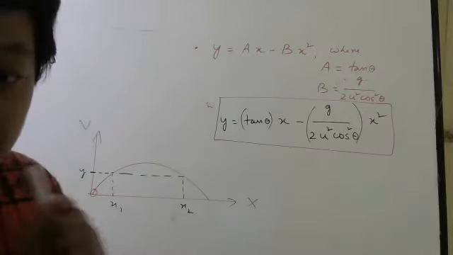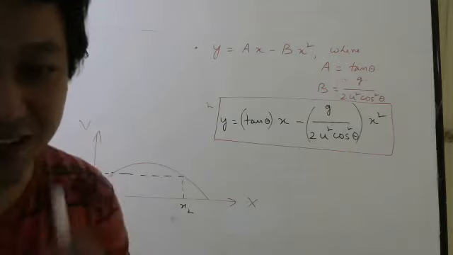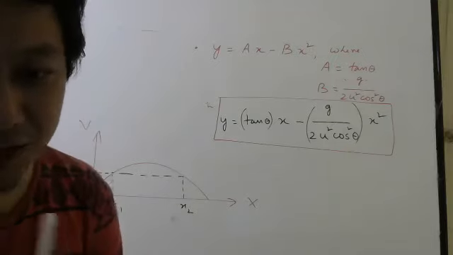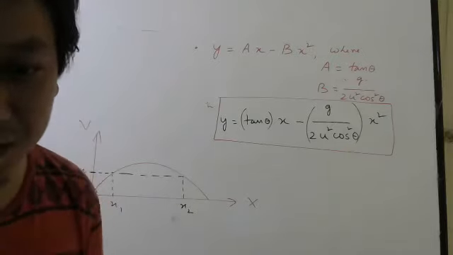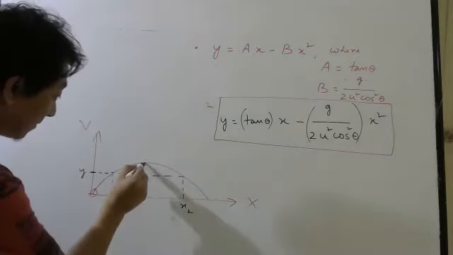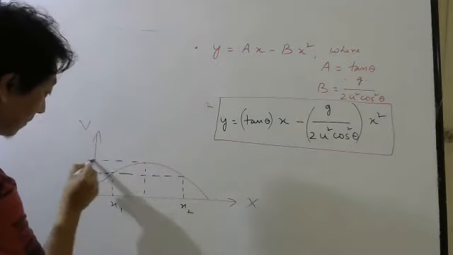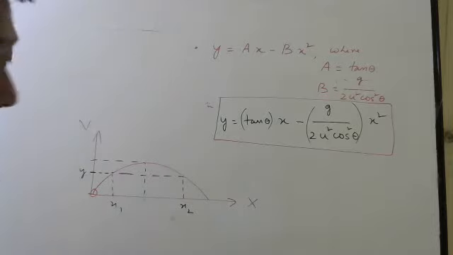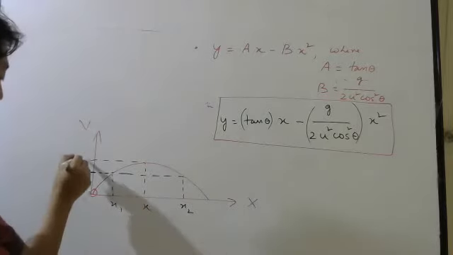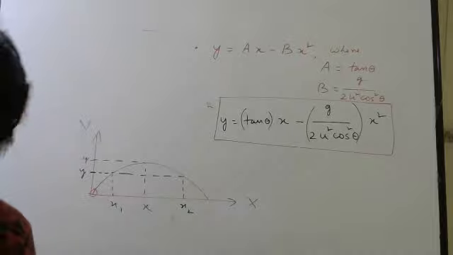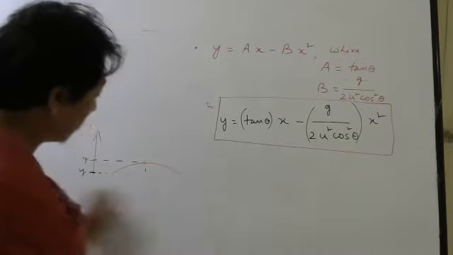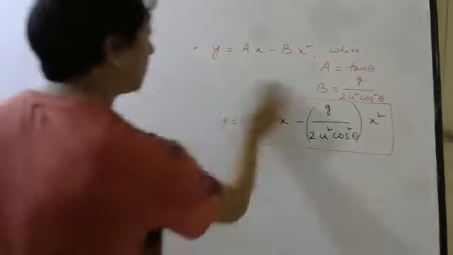Agree everyone? Only one very interesting point is there. Only for that point, there is only one value of x, and that is this point. Right? Only for that point, there is one value of x for one value of y. Anyways, these are mathematical details which you should try to remember.